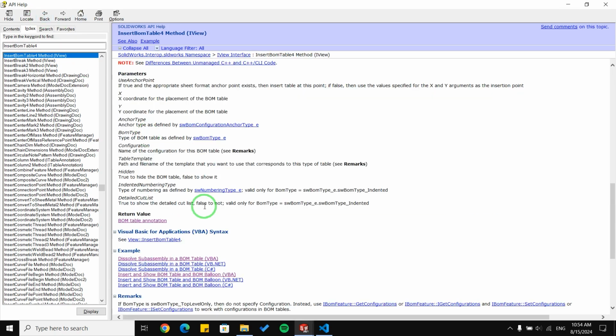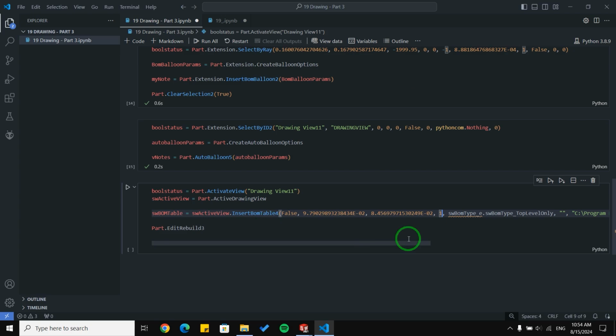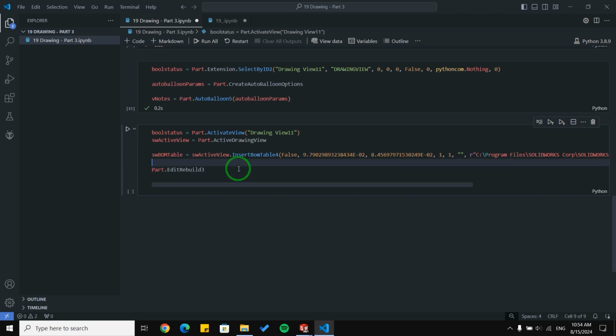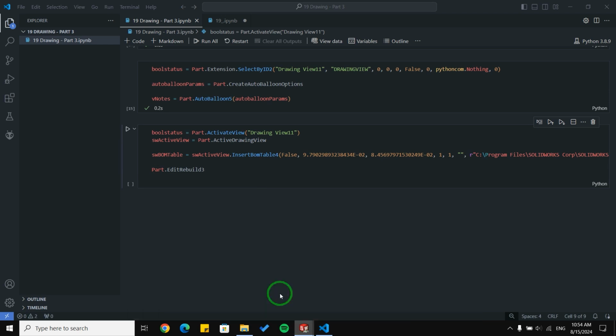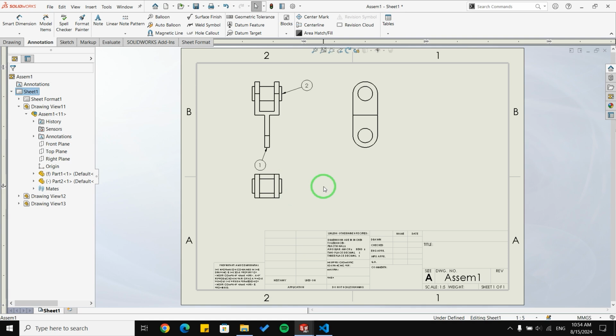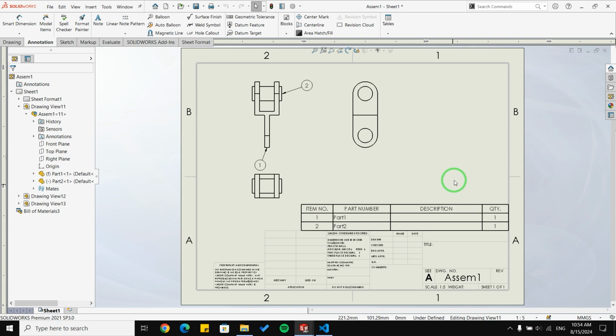And for the second one, which we can find here, we are going to use 1 again. So I'm going to edit this, and I'm going to put R here, and the rest of them can be default. So let me delete this table here first. Okay, and let me run this block. And as you can see, now we are able to create a bill of material table for our assembly drawing sheets.